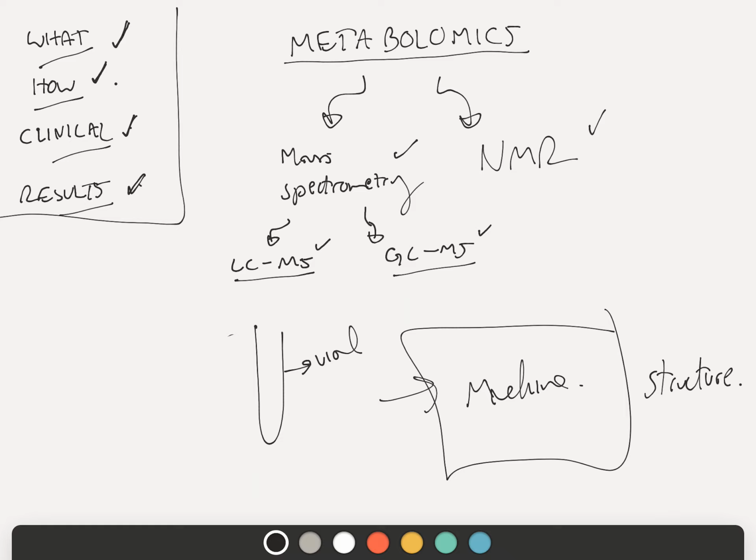Again, what sort of results would you expect? You're going to get peaks, small peaks and large peaks, just like in mass spectrometry. And every peak would again represent a metabolite, just like in mass spectrometry. And depending on the levels, you can diagnose a disease and then move on to treatment and so on, just like in mass spectrometry. So that was very short. One thing I should talk about, but I didn't talk about yet, is probably this idea of